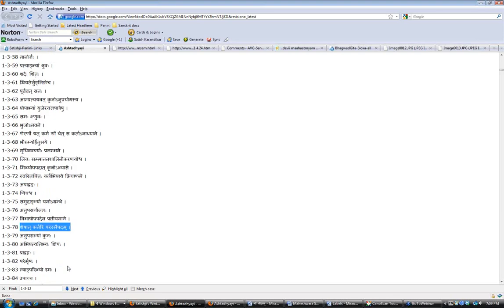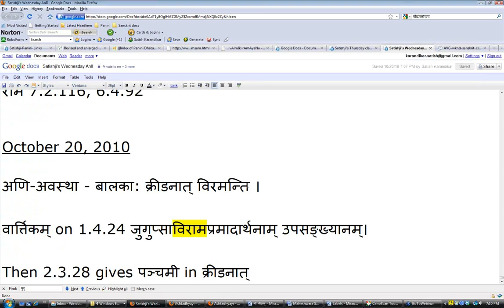Now here you will find the sutram which says Vyang paribhyo ramah. So Vi, Ang and Pari. When you have these, then you have to use Parasmaipadam again. So 1.3.83 is the sutram for that. We'll put that over here. This section has to be kept for reference at all times. This section in 1.3.12, because every dhatu by default will take only Parasmaipada endings, unless something else is specified to take Atmanepada endings.